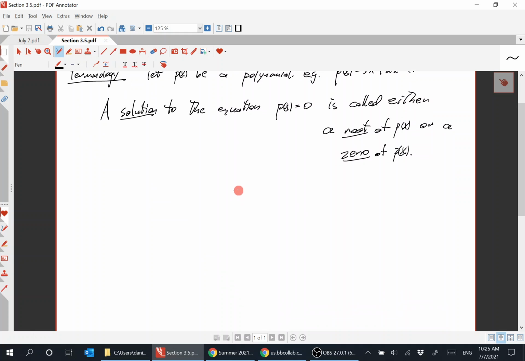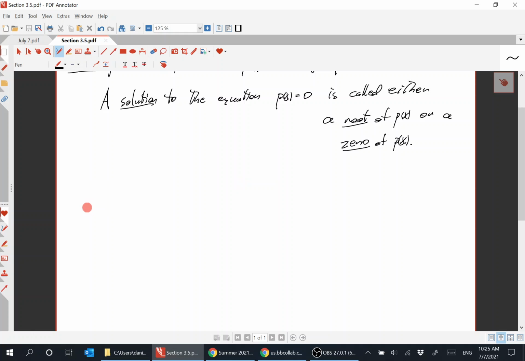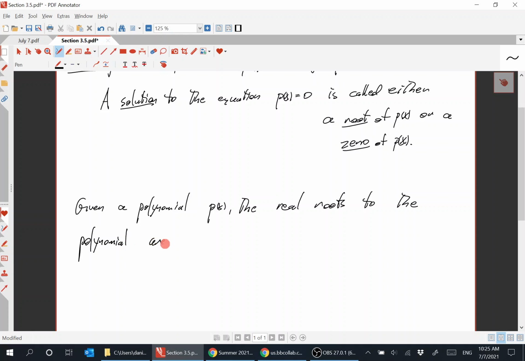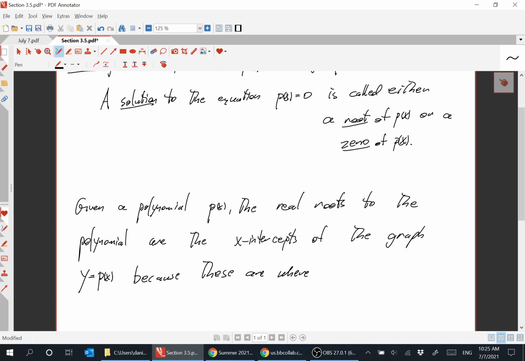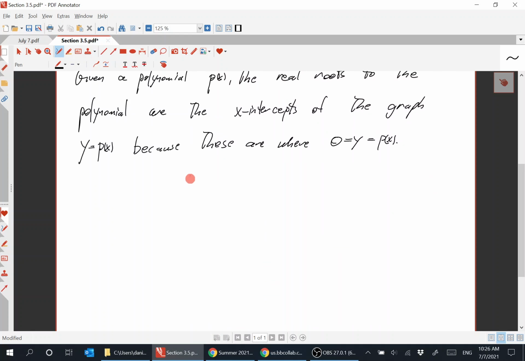All right. So given a polynomial p of x, the real roots to the polynomial are the x-intercepts of the graph y equals p of x, because these are where 0 is equal to y is equal to p of x. So when you've got